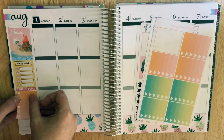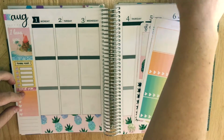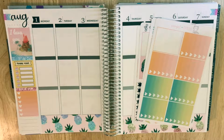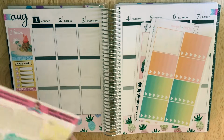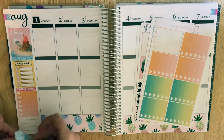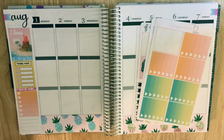The thing I love about her paper, it is a matte paper, but it's removable matte. So it's perfect for people like me who can't lay things down straight the first time. So I love that. I don't know where I went. Must have been looking for stickers. Again, one of these planning days where my brain wasn't working, I guess. Anyway,